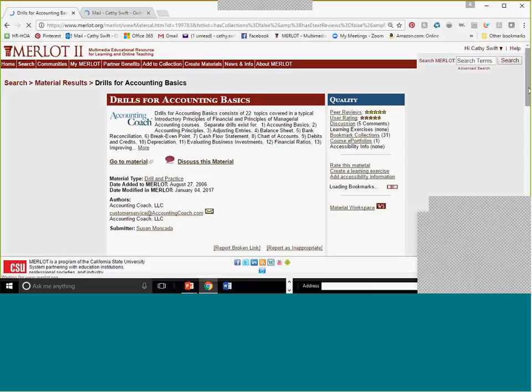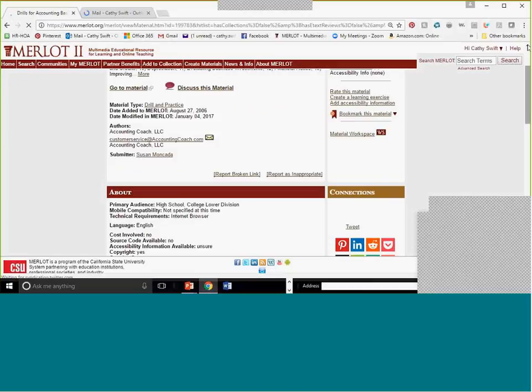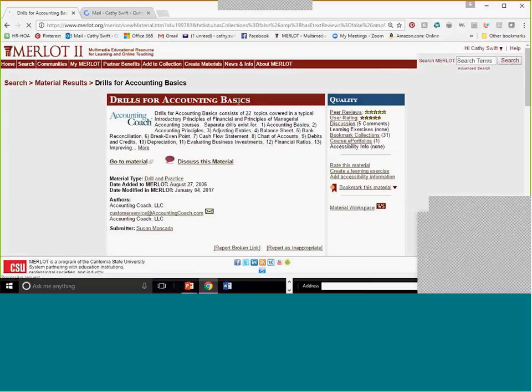When I said that anybody can add materials to MERLOT, all of the information below this area here that's in the maroon has been added by the person who submitted the material. We can see that Susan Moncada, who happens to be the associate editor of accounting, submitted this, but it was created by Accounting Coach.